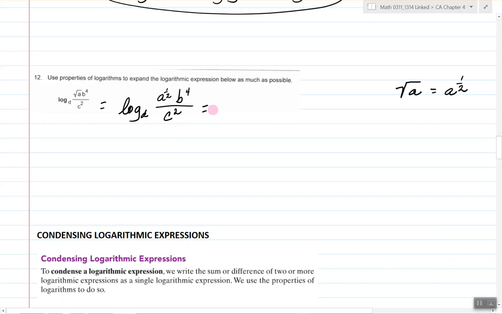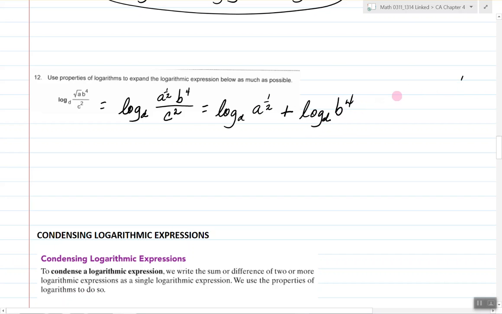When I expand it, each factor of the top is a plus, each factor of the bottom is a subtract. So this is log base d of a to the 1/2 plus log base d of b to the 4th,